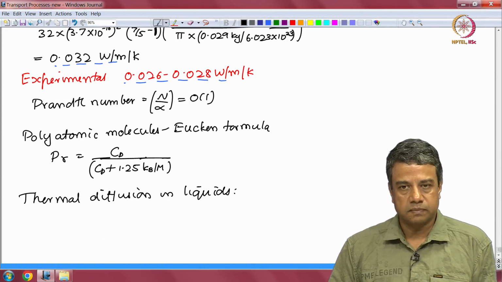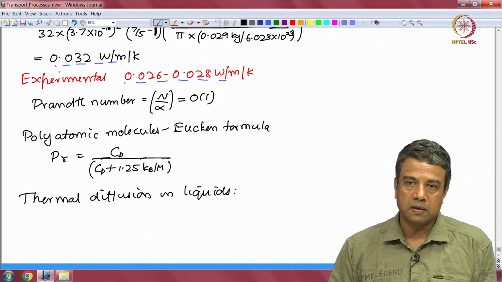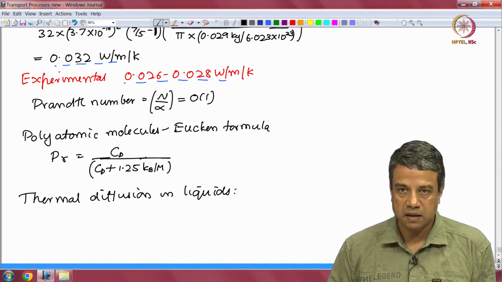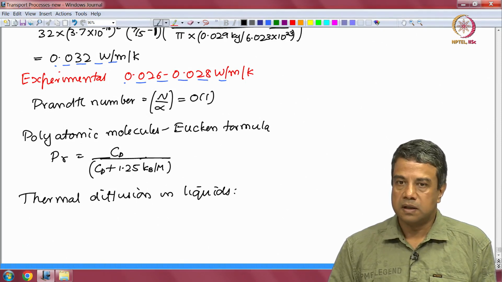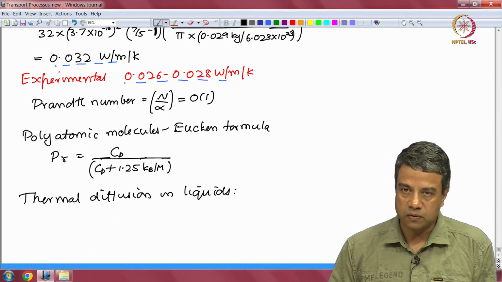In mass diffusion, a molecule has to necessarily physically move in order for mass to be transported. In a liquid, a molecule does not have to physically move for